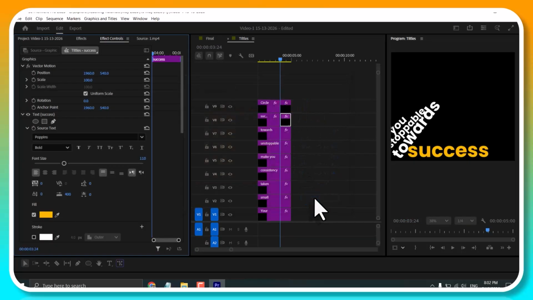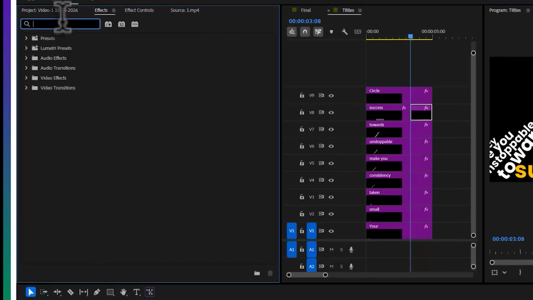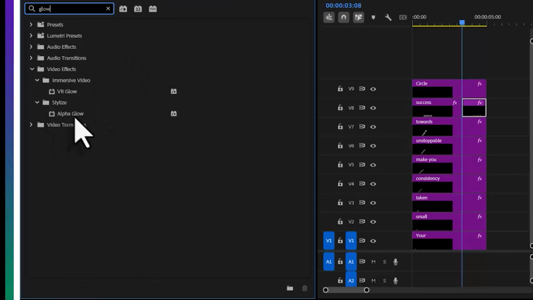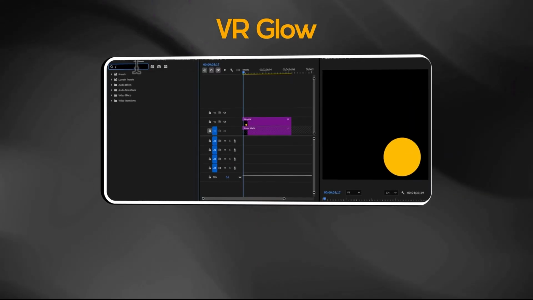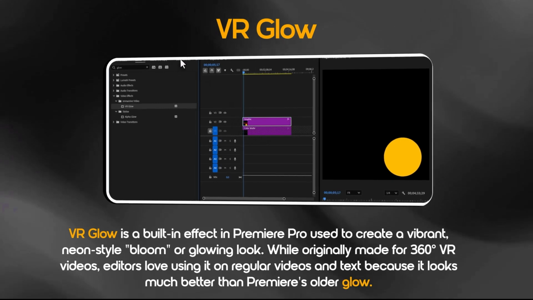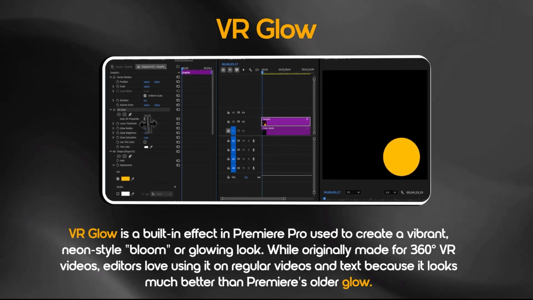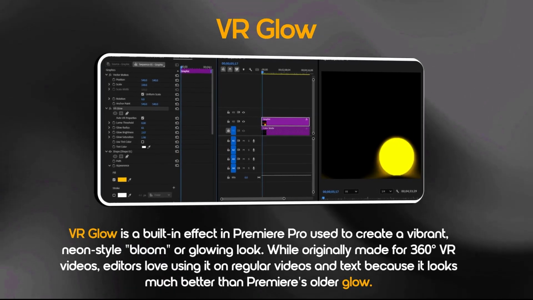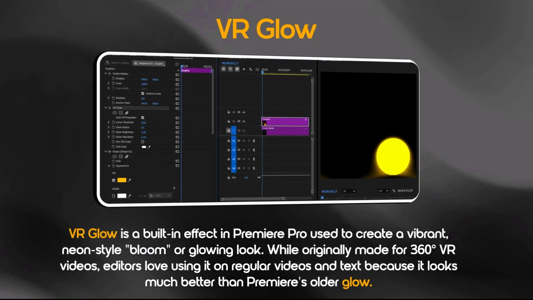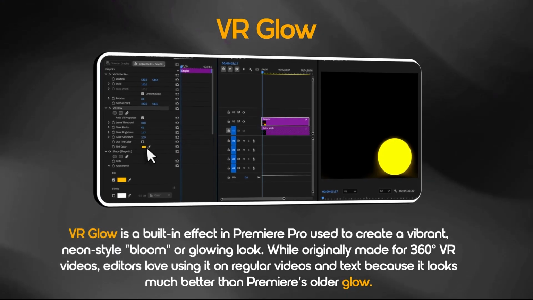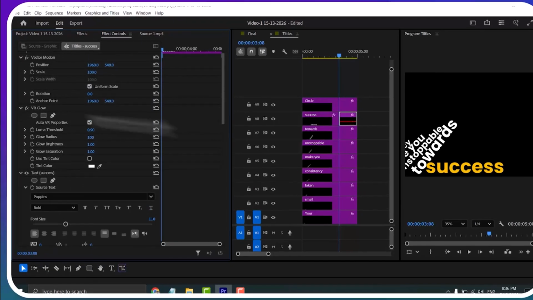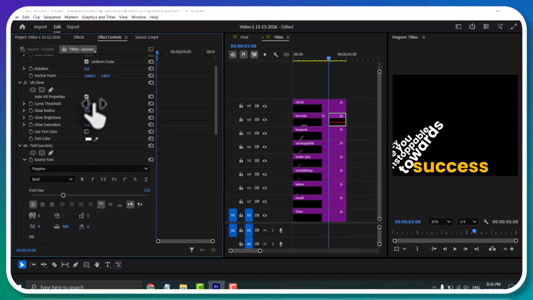the orange color, and okay, now I go to the effects panel, and I write glow, and I have two options, VR glow and alpha glow. VR glow is a beam effect in Premiere Pro used to create a vibrant neon-style glowing look, while originally made for 360 VR videos. Editors love using it on regular videos and text because it looks much better than Premiere's older glow. So I add VR glow on my text success, and I change the properties as well,